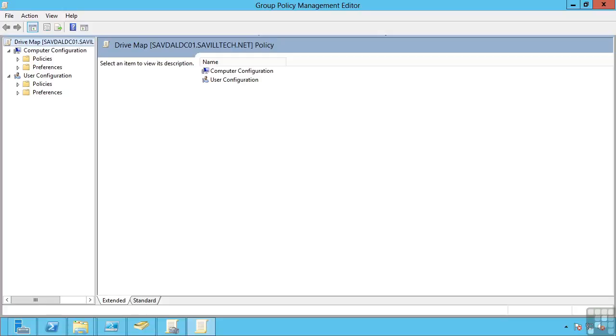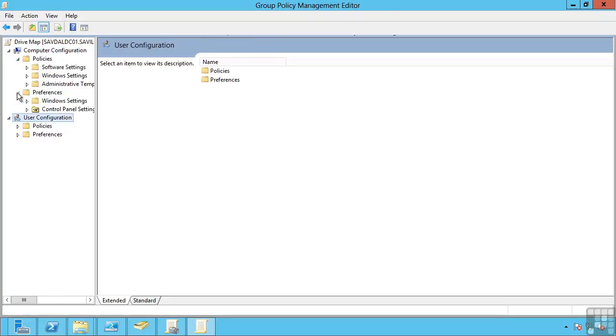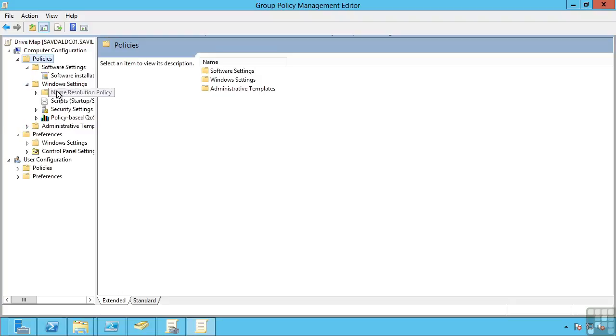This lesson covers the components that make up a group policy object. A group policy object consists of a computer configuration and a user configuration. And within each of these there are policies and there are preferences. Policies are really broken up into a number of areas. We have software settings that enable us to actually deploy software, and also Windows settings that have components such as